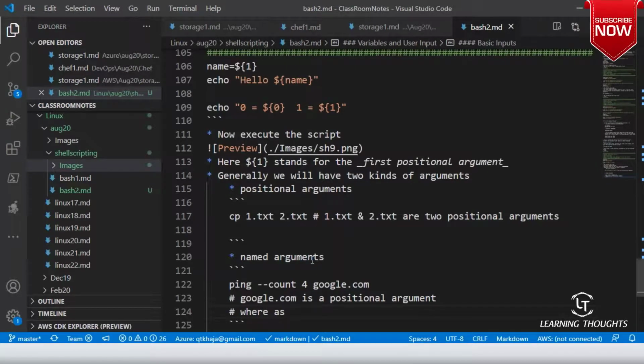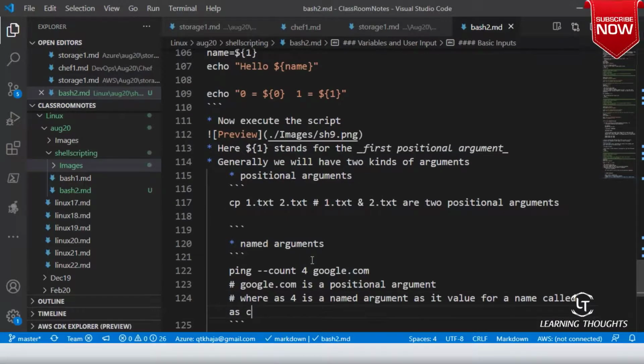So 4 is a named argument as it is the value for a name called c, count. Am I clear on this? Do we understand named arguments and positional arguments now?